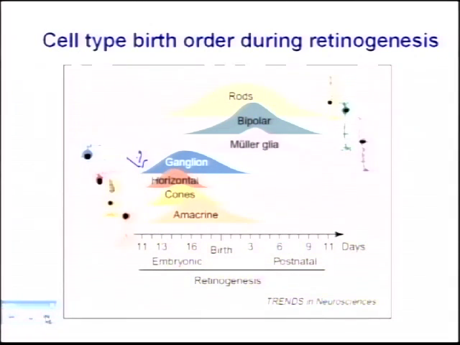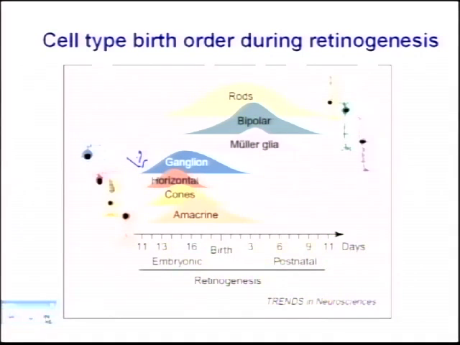So the temporal sequence of development of the cell types of the retina is crucial to understanding how the retina develops. And the temporal sequence is really based on lots of mechanistic details, some of which I'm going to talk about, that drive the process. And one of the key things, and one of the reasons I'm giving the lecture in this course, is that one of the things that drives the temporal waves of differentiation is gene expression. And gene expression, of course, is mediated, at least in part, by transcription factors.